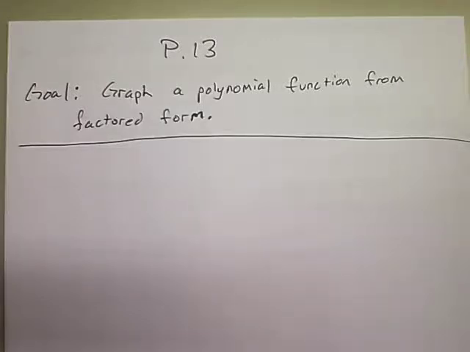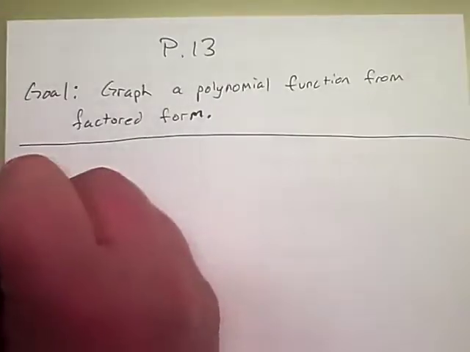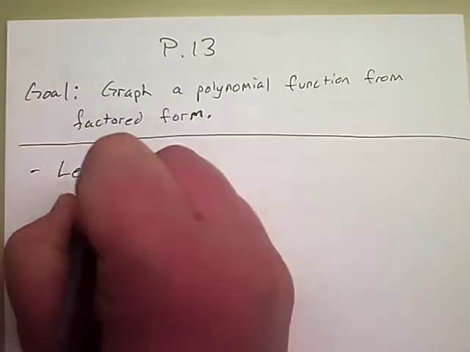Okay, so first things first, whenever we graph these, there's several key characteristics that we want to find. So I'm going to go ahead and go over, there's some that are going to be repeated, but since we're in factored form, I'm going to go through it. I want you to see how we're looking at this whenever it's in factored form, and then we're going to be able to graph them. All right, so the key characteristics that we need to pay attention to are the leading coefficient,